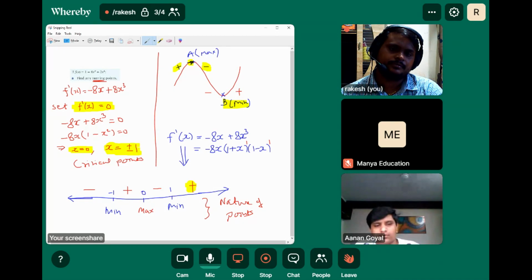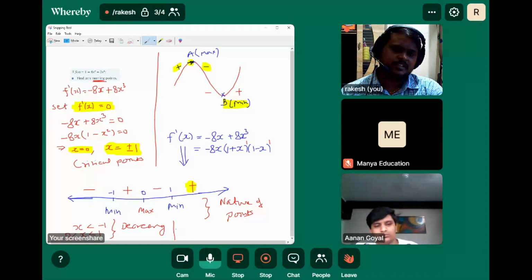From minus 1 to 0, it increases, and from 0 to 1, it decreases. So see, the function is decreasing below minus 1, right? The function is decreasing below minus 1 and decreasing between 0 and 1. Are you getting that? So in this interval the function is decreasing,